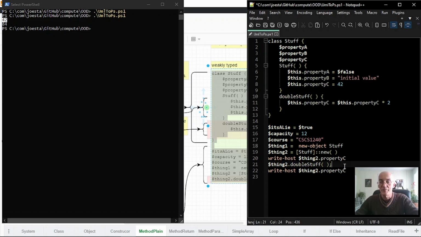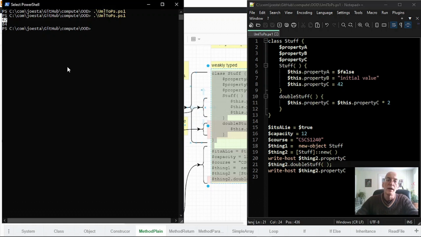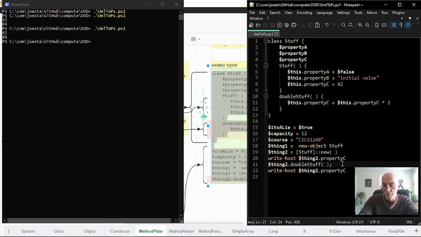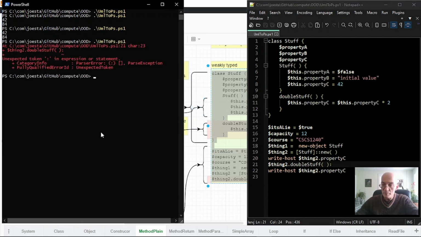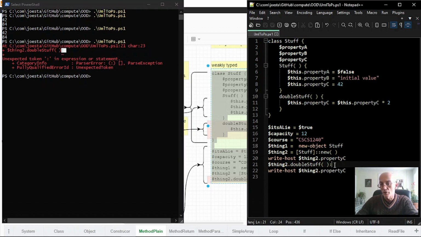So first thing I'll do is prove that if I throw that semicolon in there and I come over here and run the program, it runs just like before. Now I know what you're thinking: you can put any character in there you want. Let's say I put a colon in there. I save that, I run this, and I get an error message. So there's my proof. It didn't like the colon, but it was okay with a semicolon, and I'm suggesting that says this is the end of the statement,